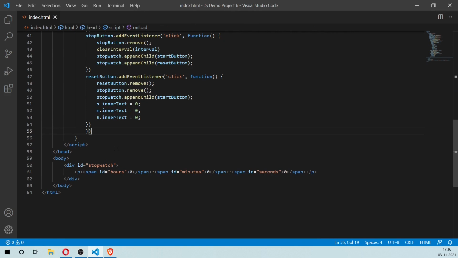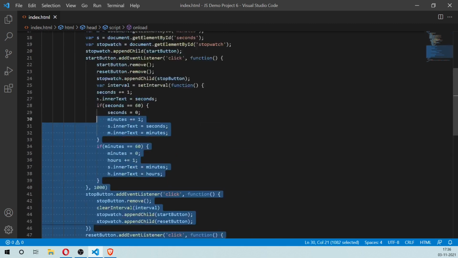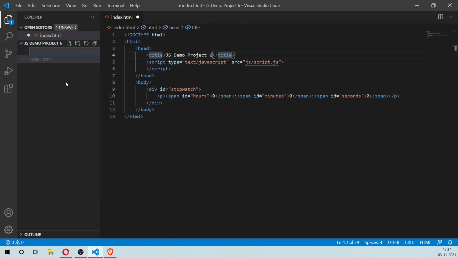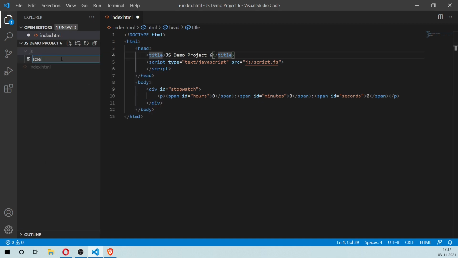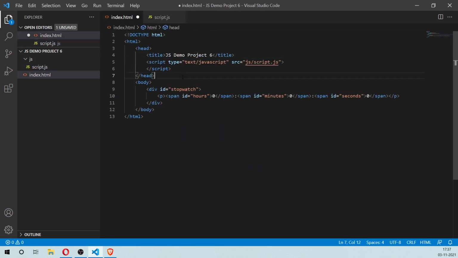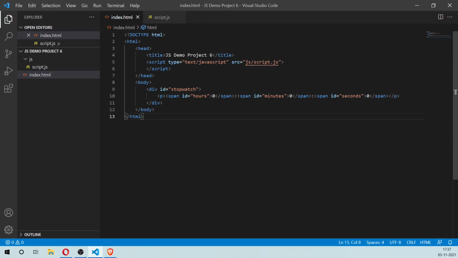So we're also supposed to give it a custom styling. So for this, what I'm going to do is I'm going to first move all of this code into a separate file. I'm going to say src equals js/script.js, and I'm going to create this file inside js, script.js, and save all of that code in here. Now let's just check for once if everything is working properly. Yeah, it all works.